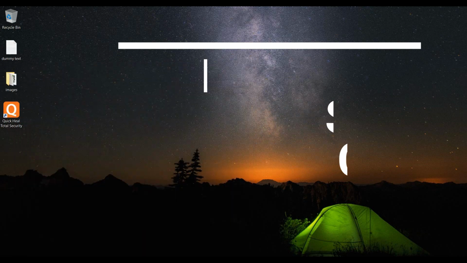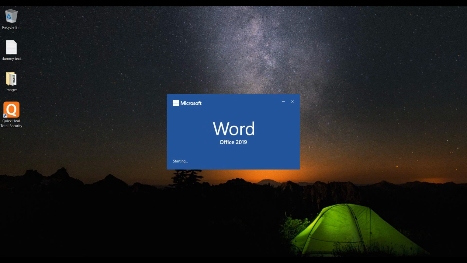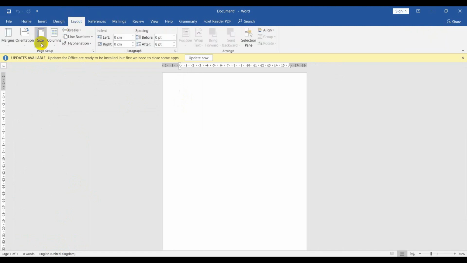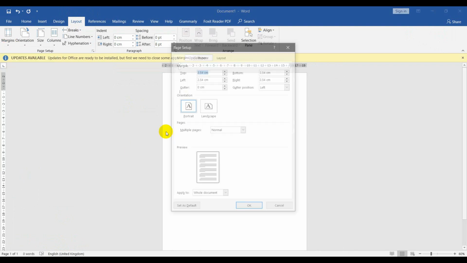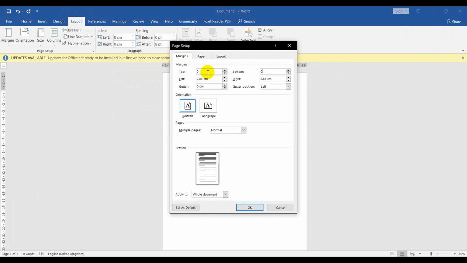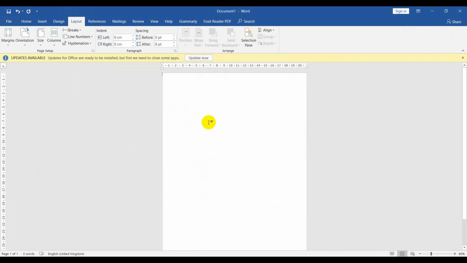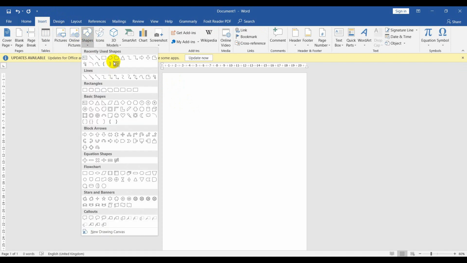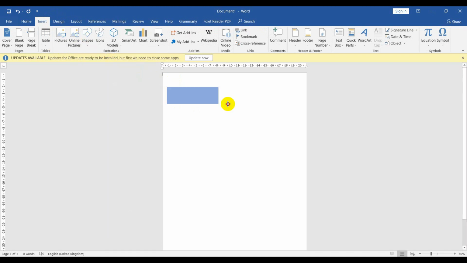First open Microsoft Word and take a blank document. Now go to layout and ensure that the page size should be A4 and orientation is in portrait mode. Select the margin, click on custom margin and replace the margin values with 0 and click OK. Ignore the warning message. Now go to insert, select a shape and take a rectangle shape and draw over here